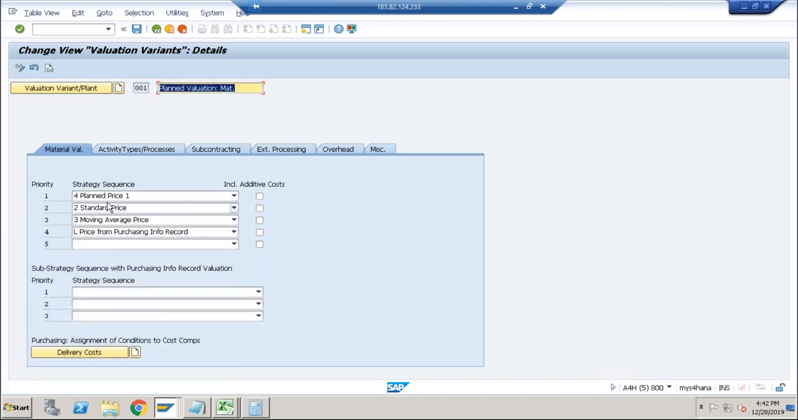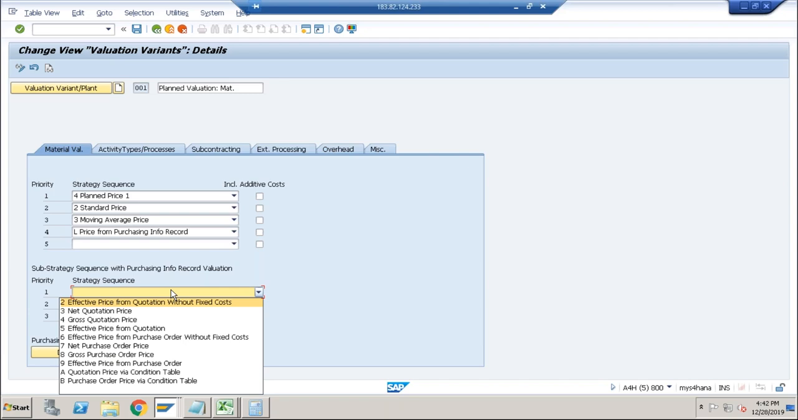So now what will the system do? The system will first try if there is a plant price. No, no problem. Go to the standard price. Again, no. Go to the moving average price. Even no, then it will go to the purchase info record. And from purchase info record, which price to take? I think it would be